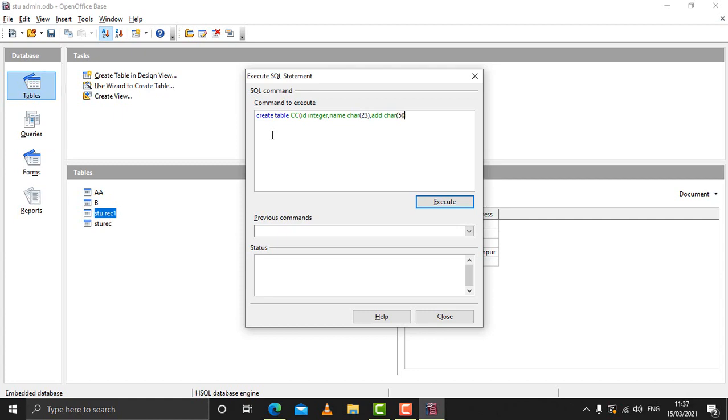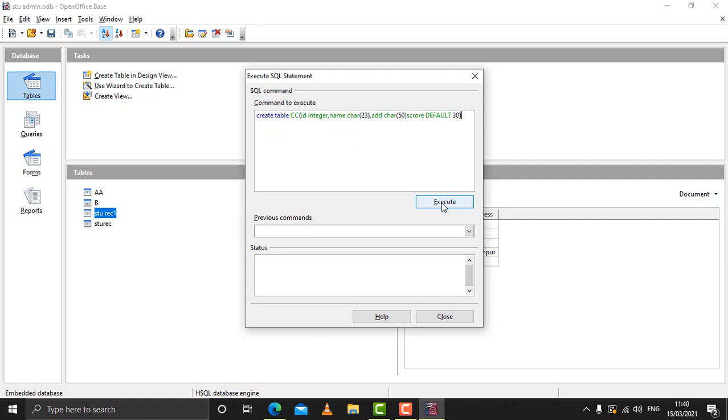Say I give it 50, and then I give a field where we need some default values. Say for example it is score, so I'll write score, and I'll give a default value, suppose I give 30, and bracket close, and after that you can click on execute.